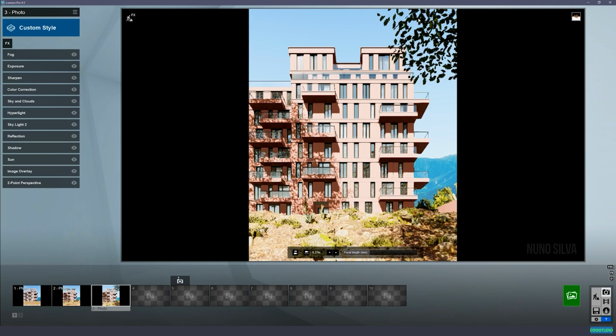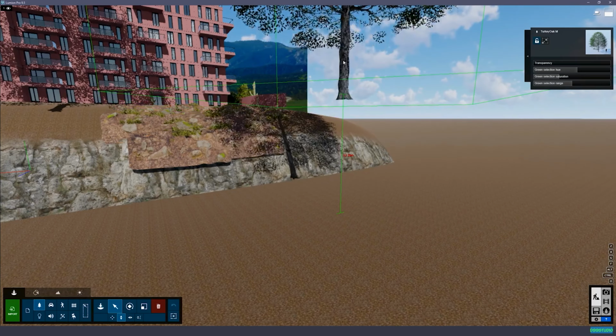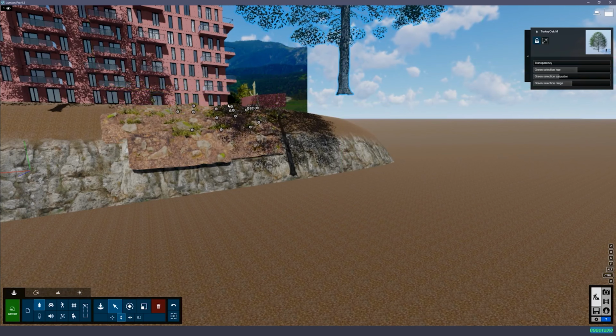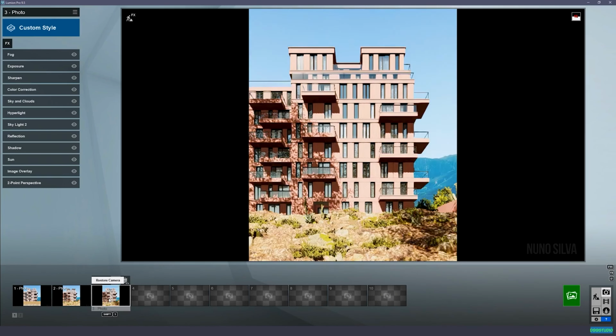Okay, so I'm getting this here that I don't like. So I'm going to remove this. I have to maybe move it a little bit up. I still get all of those reflections here. Let's see now. Yeah, now I don't have that, and I still have a lot of these reflections. But I don't have any reflections here. So what I'm going to do,